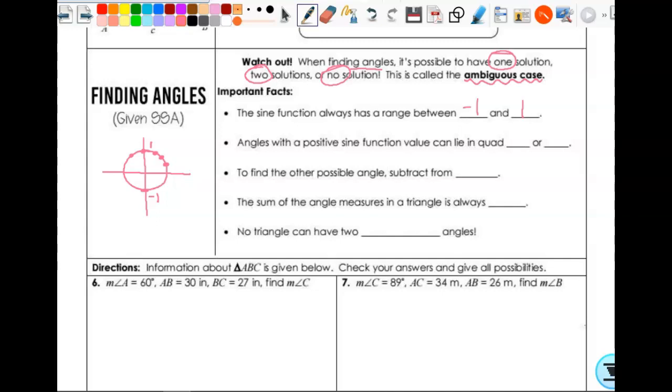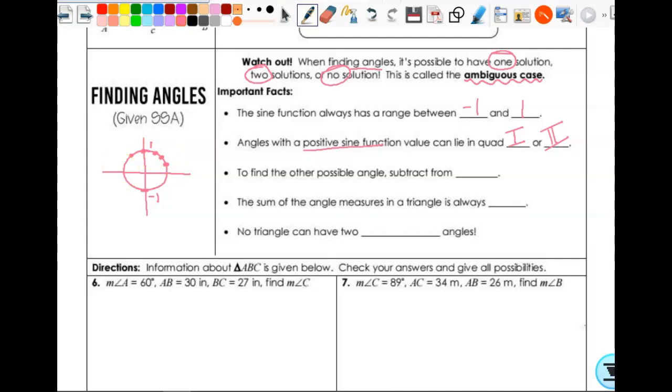Now, angles with a positive sine function can lie in quadrant blank or blank. So we know everything's positive in quadrant 1. Where else is sine positive? Quadrant 2. So think about that as far as what we're doing with our triangles. That gives me angles between 0 and pi, or 0 and 180,